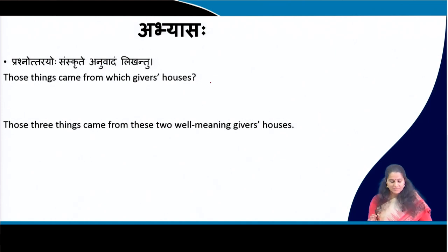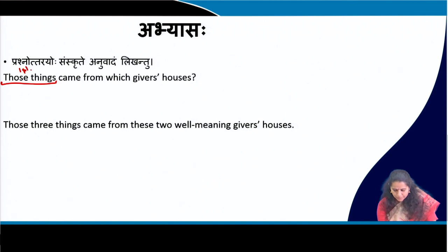Those things came from which give us houses. Sorry, those things atra bhavishyati. Those things will be the prathama vibhakti plural, from which, from and house we will put together. So this will be the fifth plural, which gives sixth plural. Astu. Atra kim bhavati? Those things. Tani vastuni came, agachan,